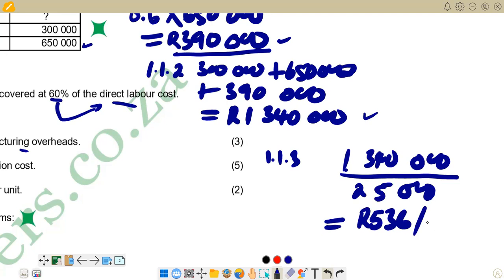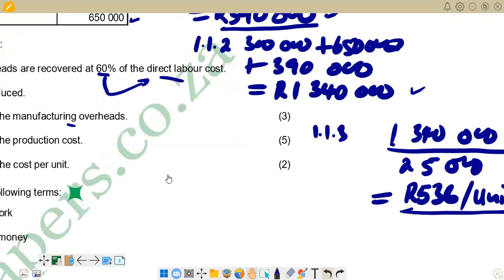536 per unit. So that's the answer that we have there on the last part of the first question of the question. Right. If you go to the question here,